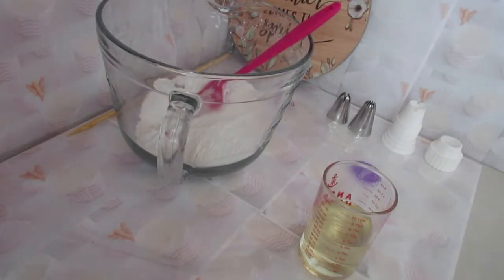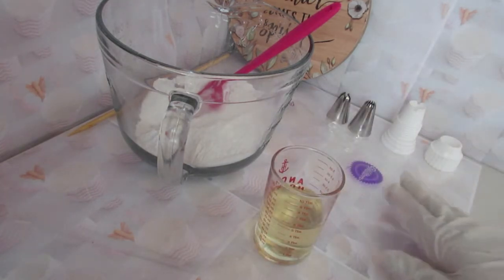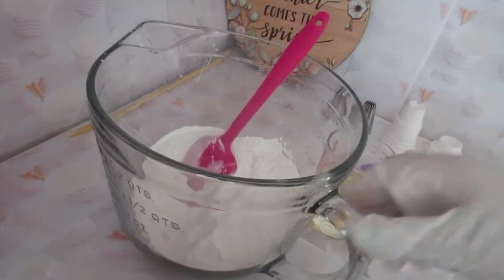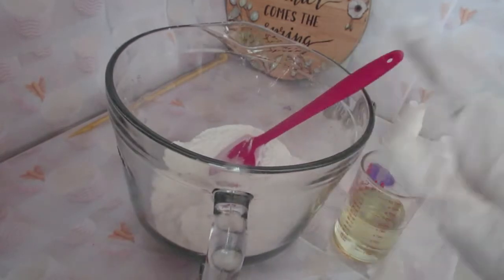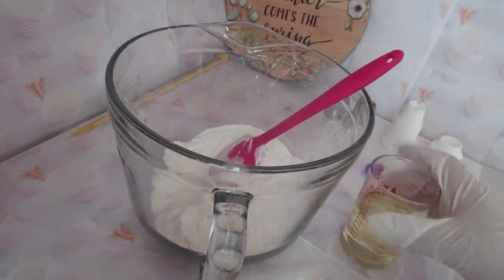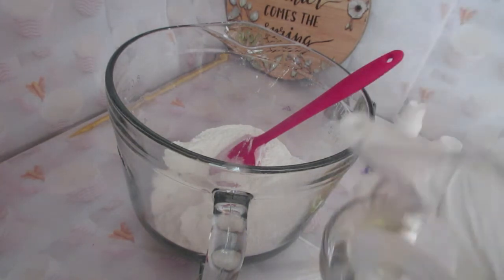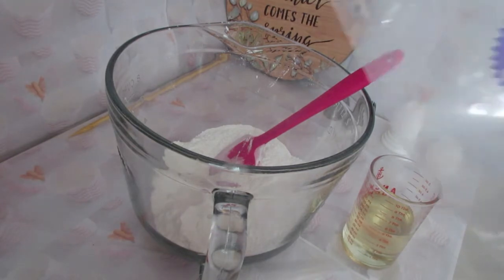Hi guys, okay, so this is part 2 for the cupcakes. I'm getting ready to mix my ingredients here for the frosting. I have all the dry ingredients here and my wet ingredients and some rubbing alcohol. I have my piping bag ready,